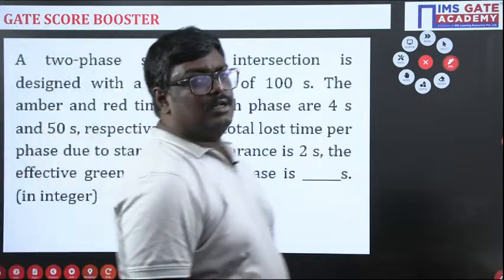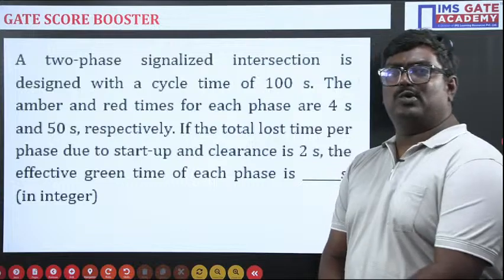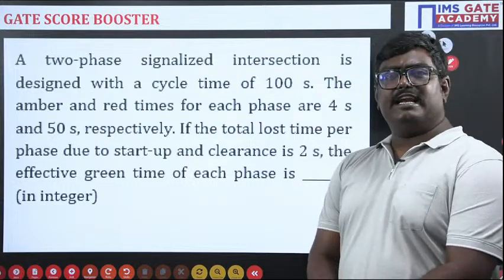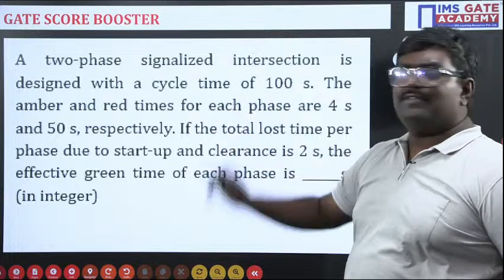Now see, students, the next question, we have a beautiful question here. A two-phase signalized intersection is designed with a cycle time of,